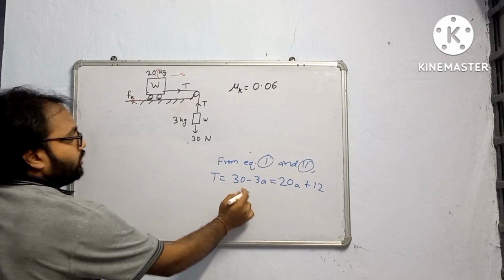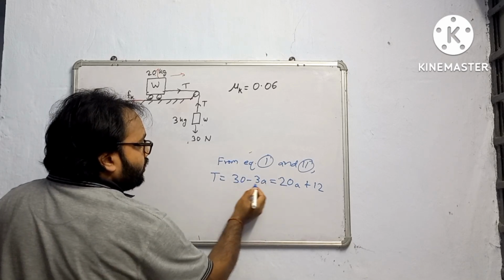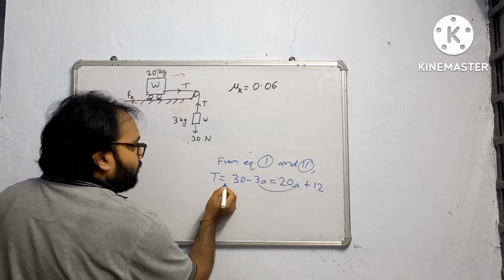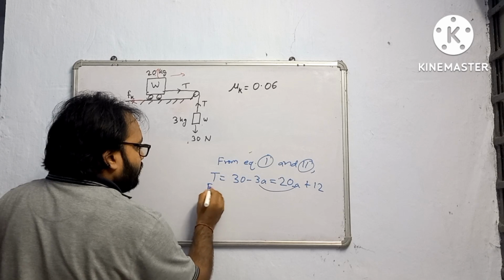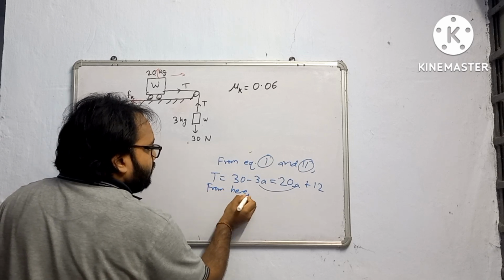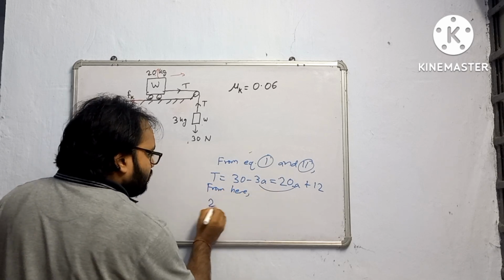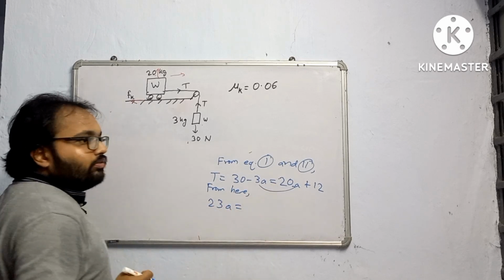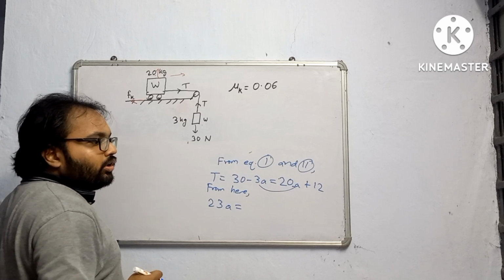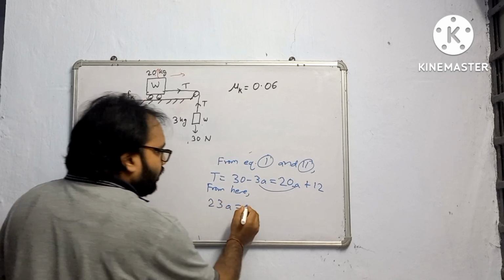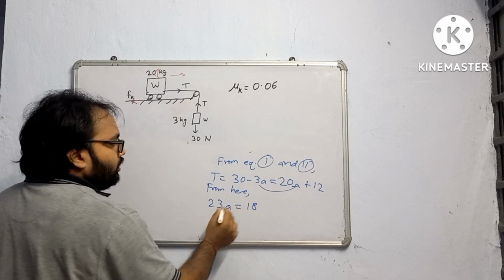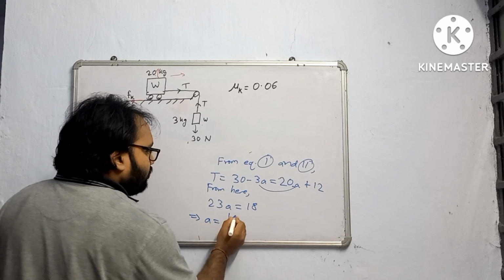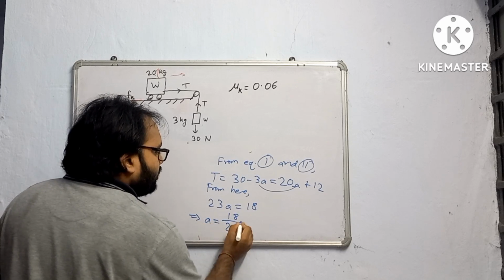From this, we can transfer 20A. This will go to the right side and become 23A. 30 minus 12. So from here, 23A is equal to 30 minus 12. How much? 30 minus 12 is 18. 23A is equal to 18, which implies A is equal to 18 divided by 23, which